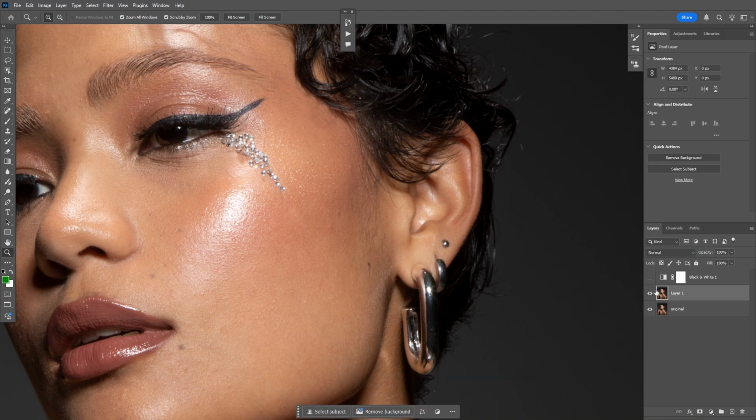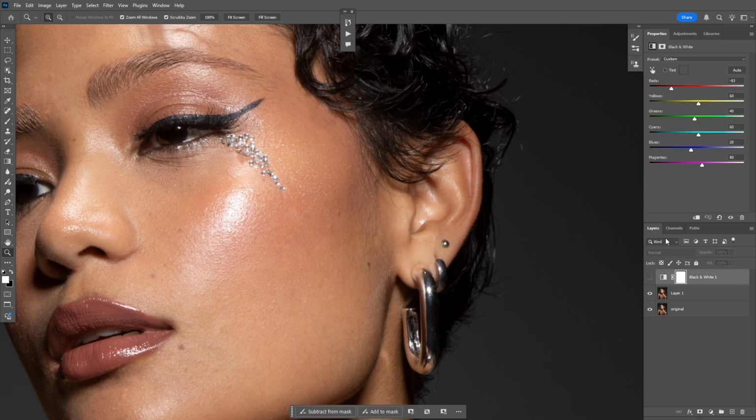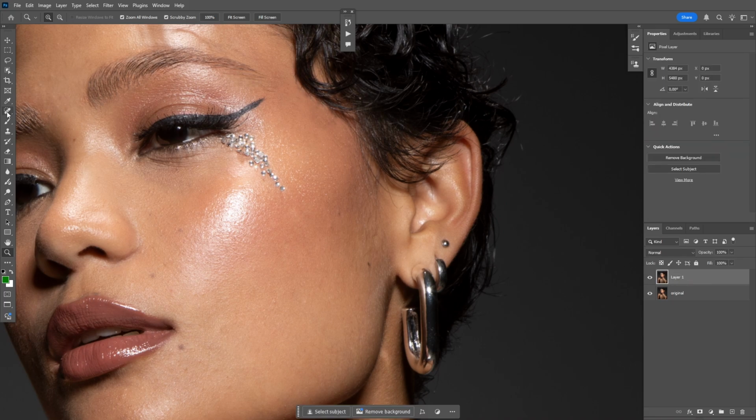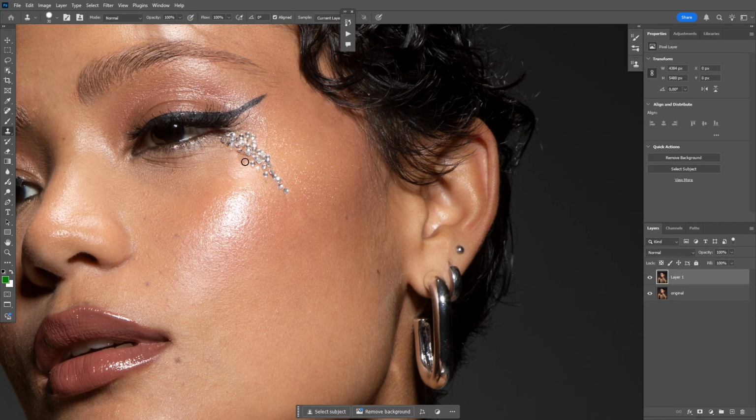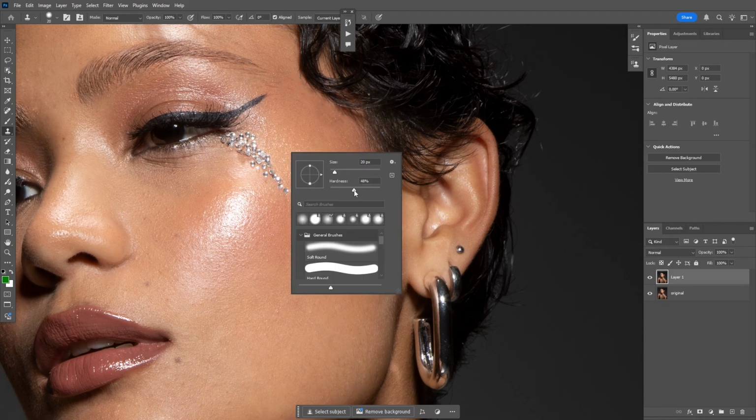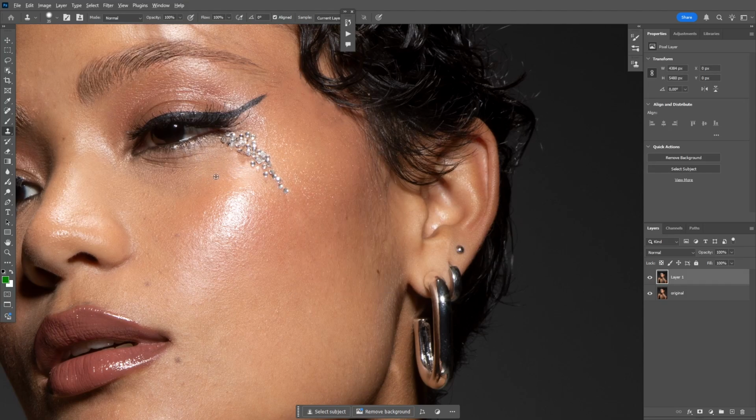Now I'm going to go to that layer. I won't be using this black and white mask layer, so I'm going to take it out. Go to my spot healing. By fixing that, I'm going to clean it up a bit and then patch it with some glitters as well. So I'm going to use the clone stamp for that. I'll put the opacity on 50% and the hardness on 50. Then I'm going to